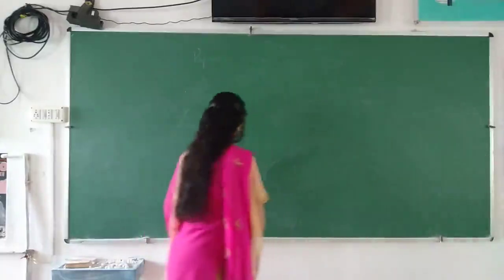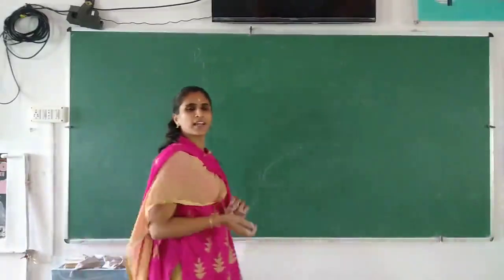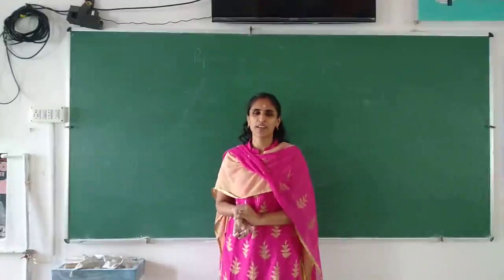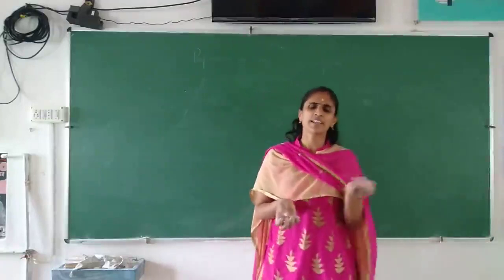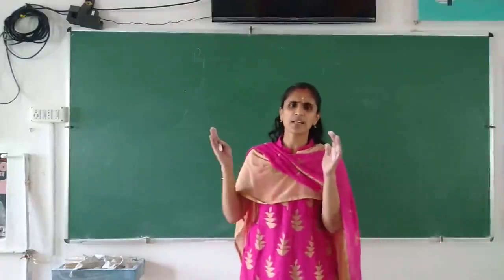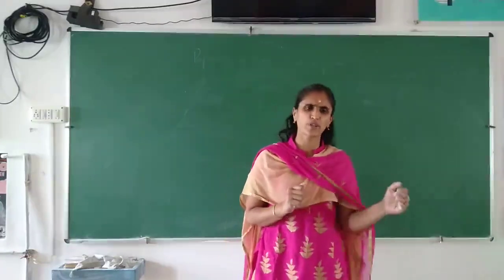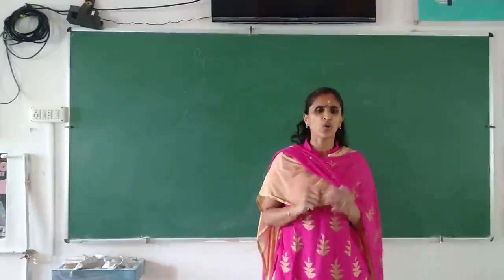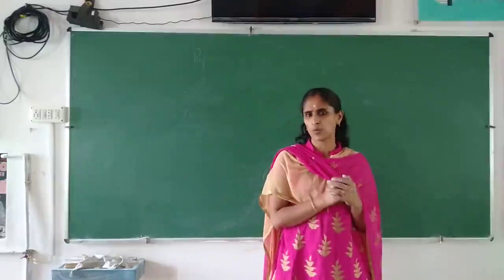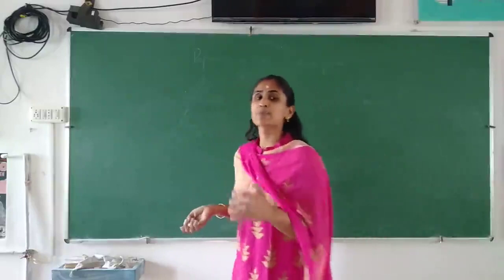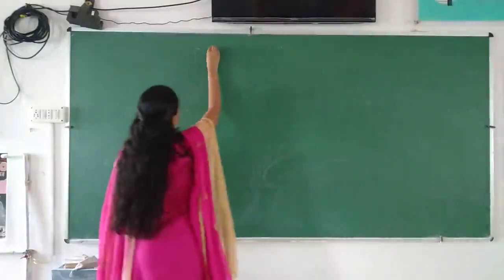So, all of you have seen a rainbow, no? Very nice to see a rainbow. And are you seeing a rainbow every time? No, there are certain conditions, and only at that time are we seeing a rainbow. We are not seeing a rainbow all the time. Why is it so? That we will discuss now. Okay, but before that we will discuss a topic known as dispersion. Dispersion of light.